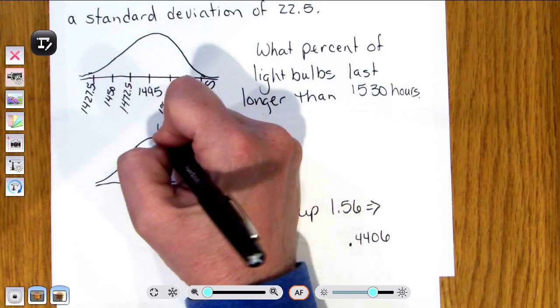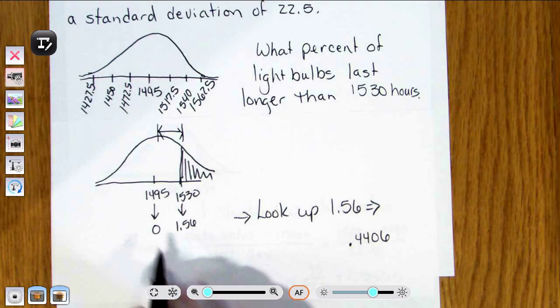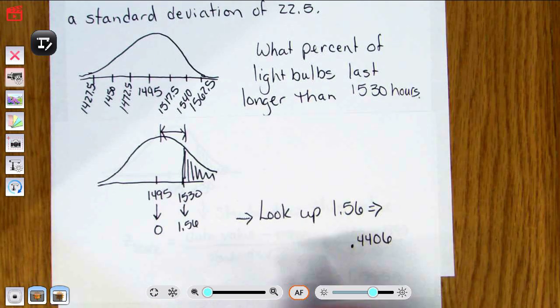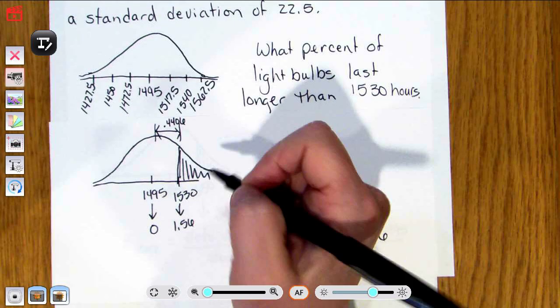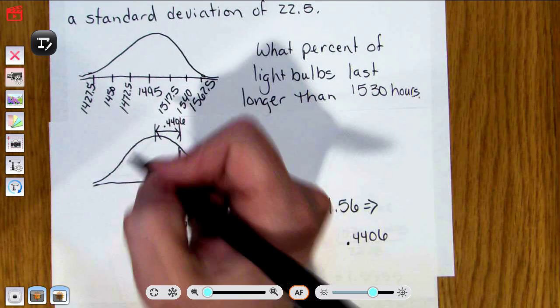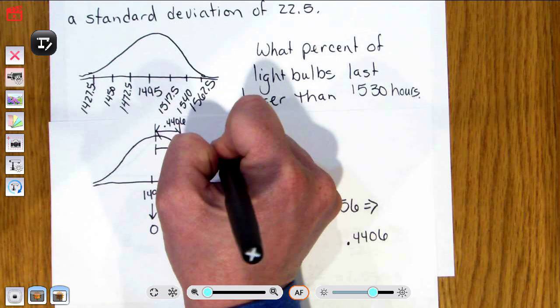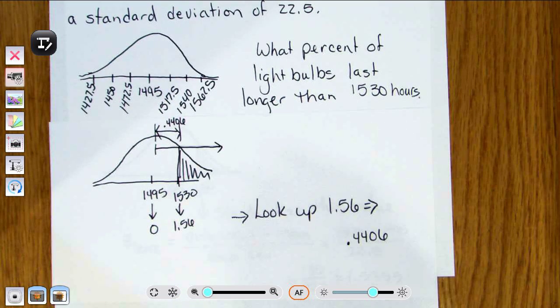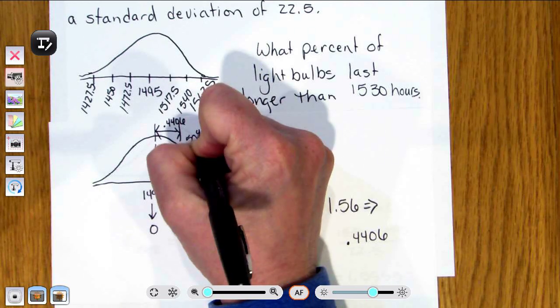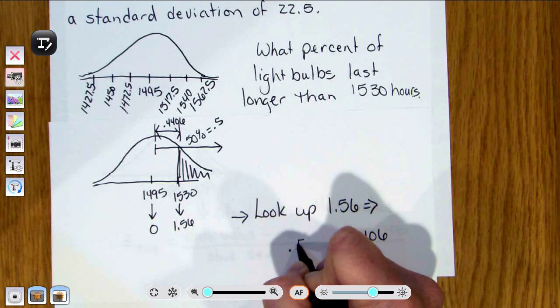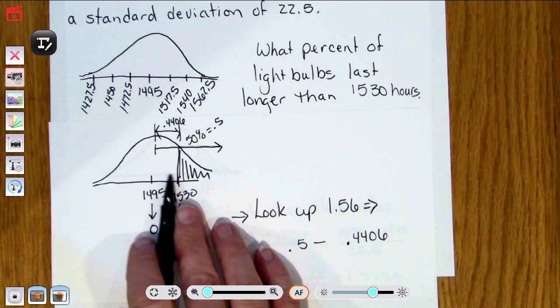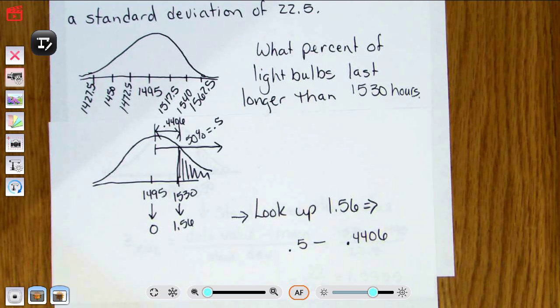And remembering that the table gives us from the center to that point. So here's my 0.4406. So if I want to find the tail, I have to remember that from the center all the way to forever and ever is 50% or 0.5. That means I want to take this 0.5 and subtract this whole thing and get rid of this piece here. So take my 0.5, subtract 0.4406, and I come up with